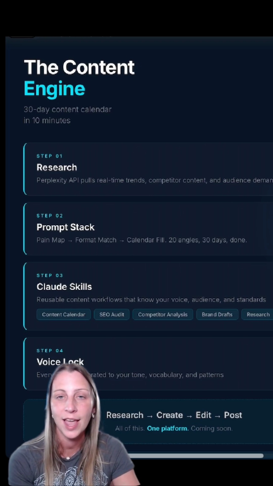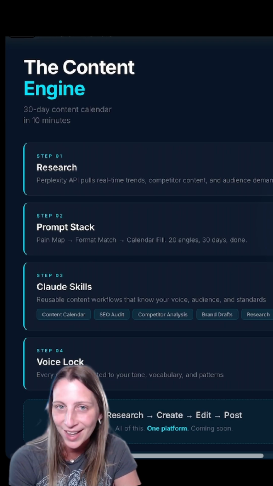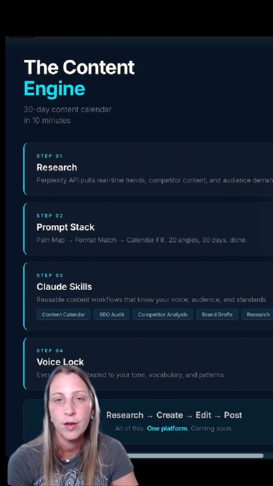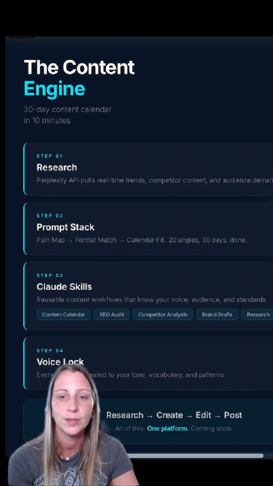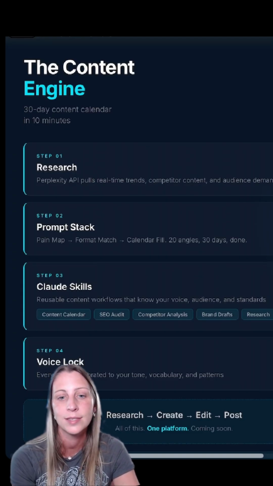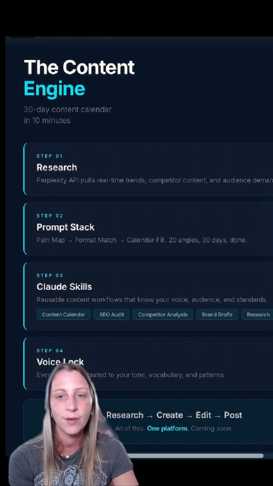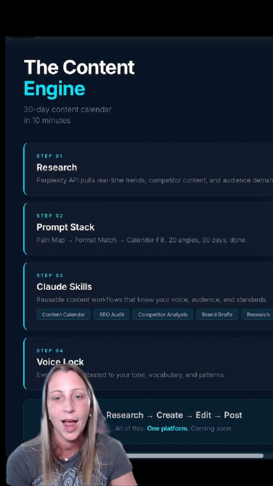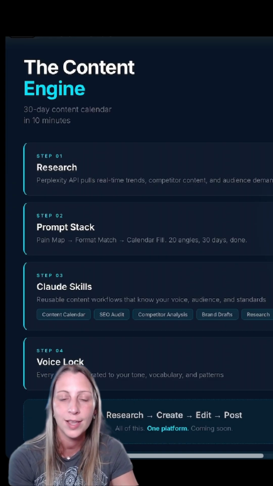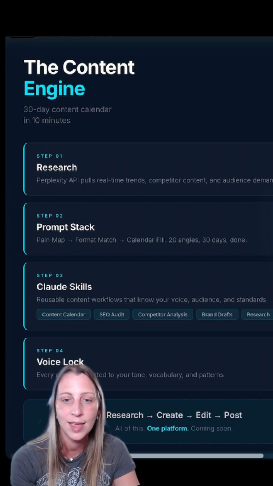So step 3 is creation with Claude Skills. So this is where it really gets powerful, because inside Claude Code, I built what are called coded skills. And they're reusable content workflows that know my brand voice, know my audience, and know my formatting standards. So whenever I say write this carousel or draft this video script, it's not doing it from scratch. It already knows how I write, what my audience is, how I respond to certain things, and how to structure